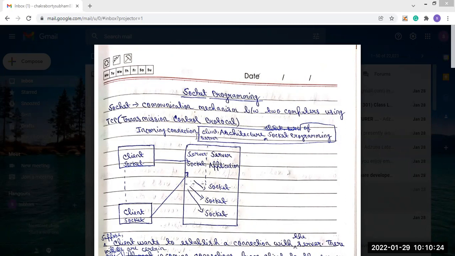So a socket is the communication mechanism between two computers using transmission control protocol. Now we will see the block diagram.